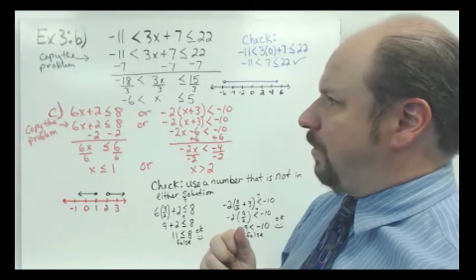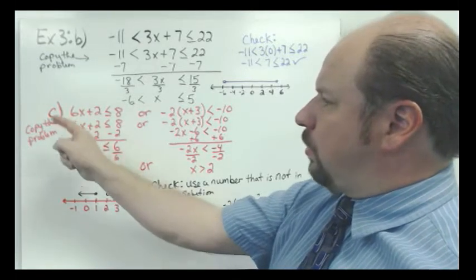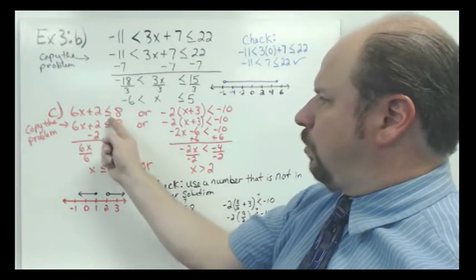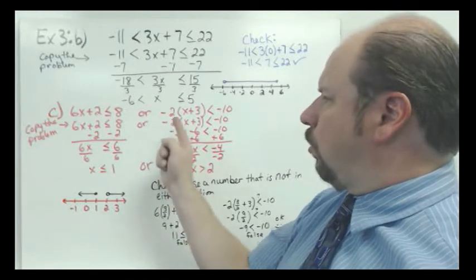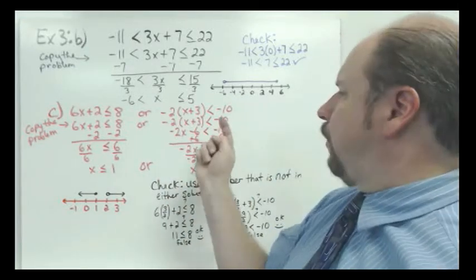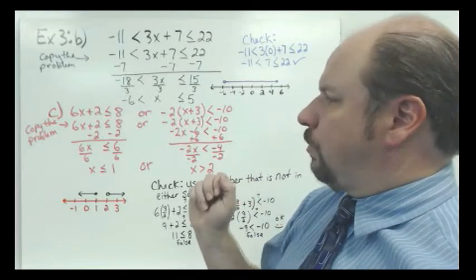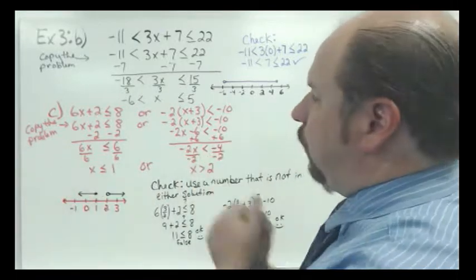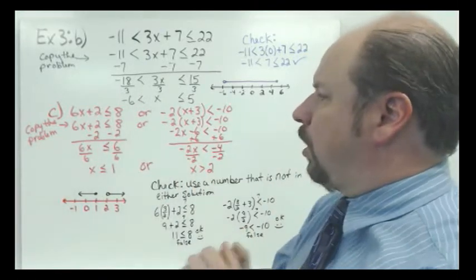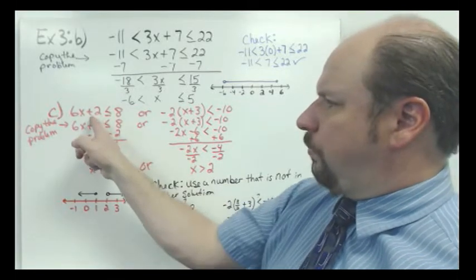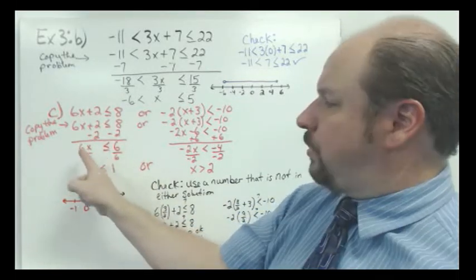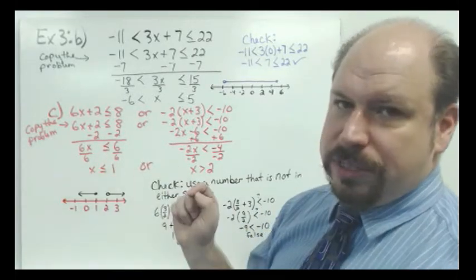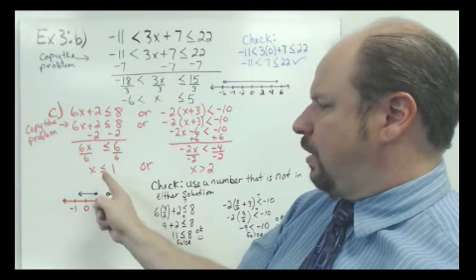Okay, one more like this. So we have 6x plus 2 is less than or equal to 8, or -2 times the quantity x plus 3 is less than -10. So again, copy the problem, and this time, once again, we're going to solve both of the inequalities here. So solving this one, if we subtract 2 from both sides, we get 6x is less than or equal to 6, and then divide both sides by 6,